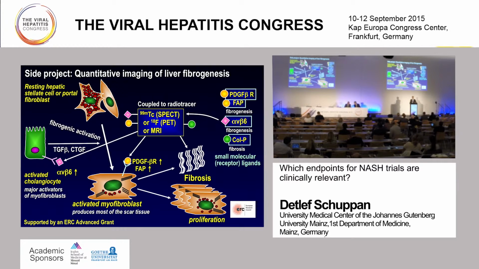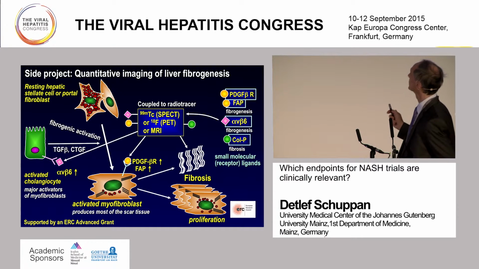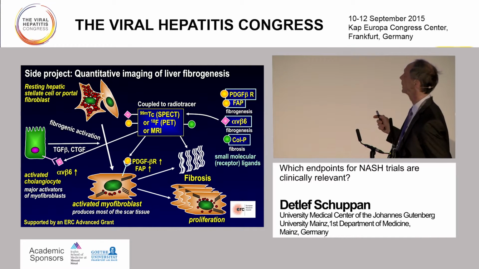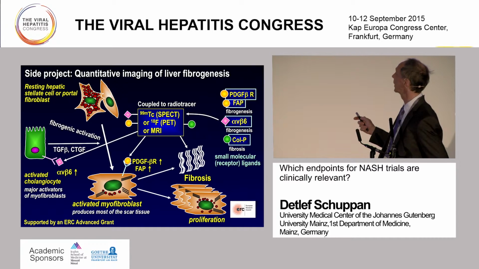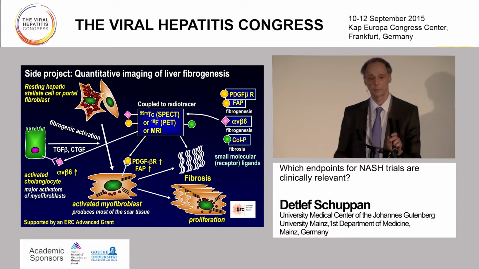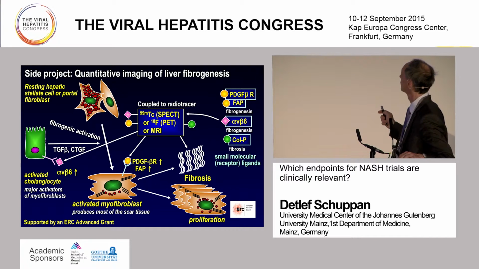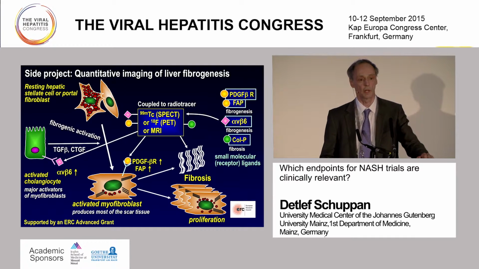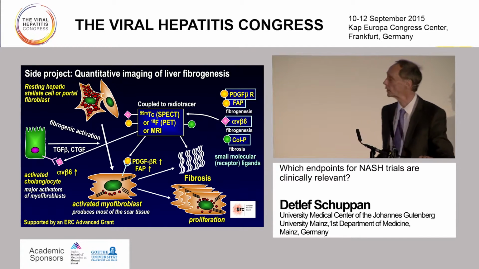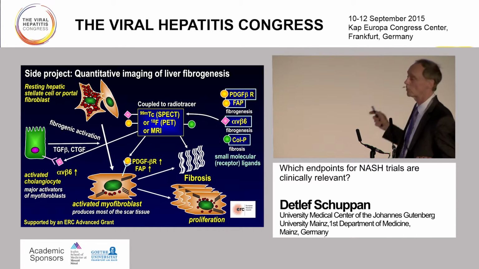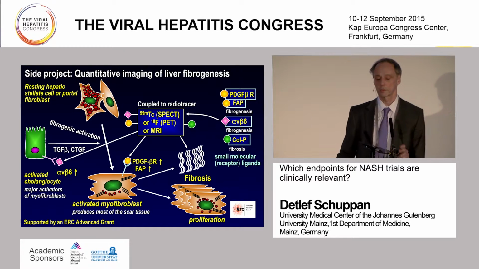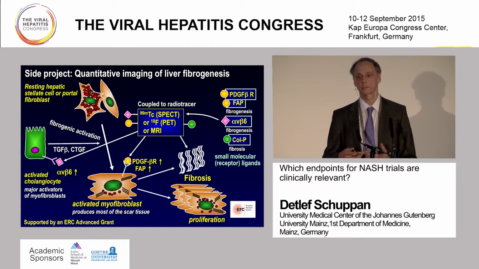And just the last but one slide, something that is also in development and which could yield a so-called gold standard of fibrogenesis, not just fibrosis, is targeted imaging. Targeted imaging means you have a small molecule that detects a certain receptor on actively fibrogenic cells, like the myofibroblasts. You have these receptors, for example, the platelet-derived growth factor receptor beta, or the fibroblast activation protein. Also, on activated progenitor cells, you have the integrin alpha V beta 6 exclusively being upregulated and expressed. You can address these with small molecular ligands, couple them to a radioimaging agent, and then after injection quantify the amount of fibrogenic cells in the liver.